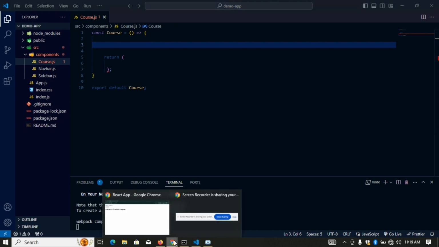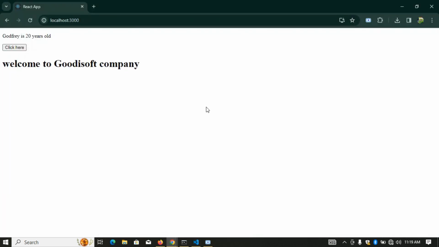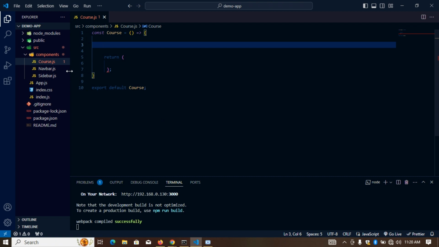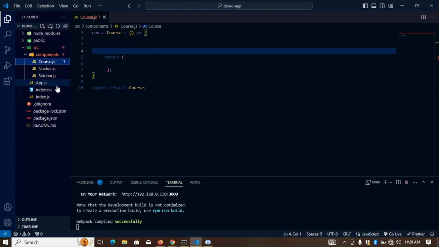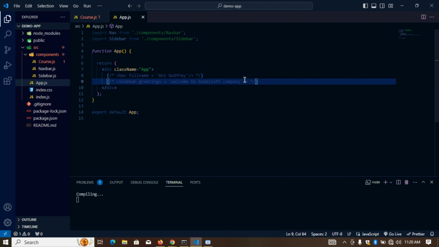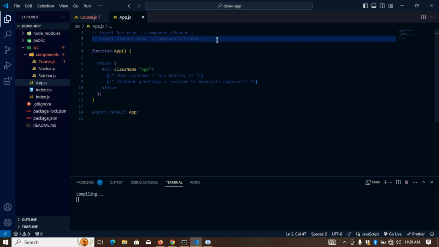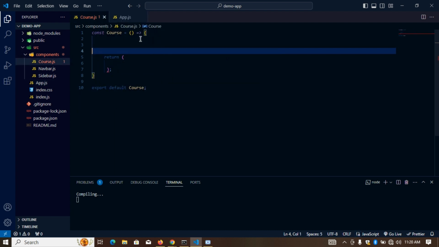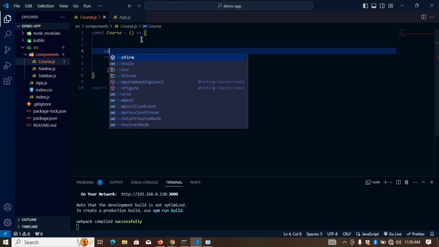So I want to implement this. Let me comment it out first. I'll be creating a new state using the useState hook. So I'm going to say const